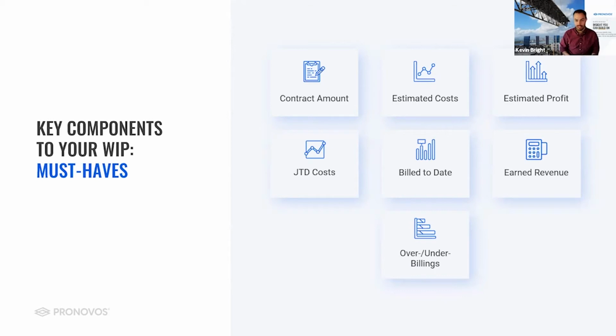The first one is contract amount. Obviously, we're contractors. We're not building this stuff for free. We got to get paid for it. You need to understand what that contract amount is, and that should probably be the first column on any WIP